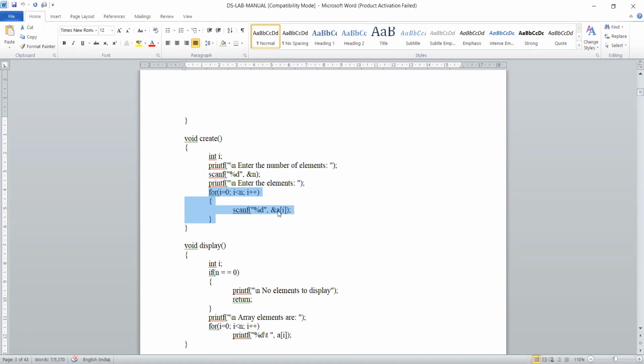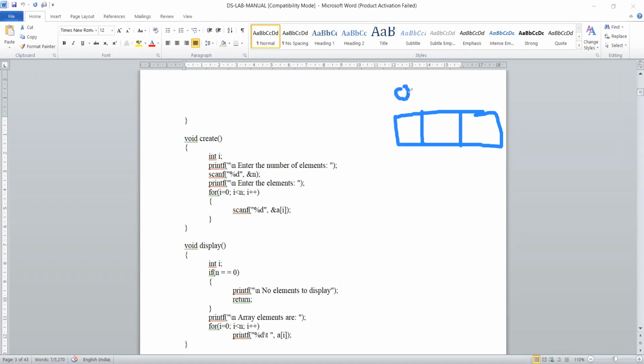For i equal to 0, i is less than n, i plus plus. I hope there is no need to go into detail about array statements and for loops, because you might have already seen how a for loop happens.